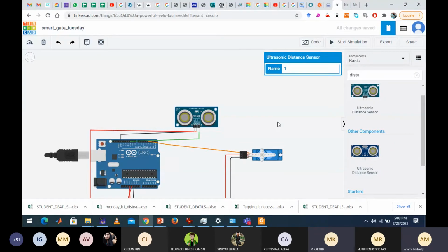It is not necessary to put it on A1 only or A2 only. Accordingly you change your code. For the temperature sensor, we have to give plus 5 volt, na? Yes, plus 5 volt because that is the rating of the device.